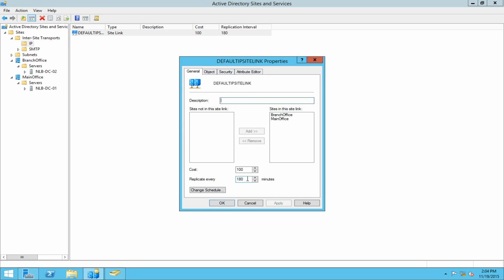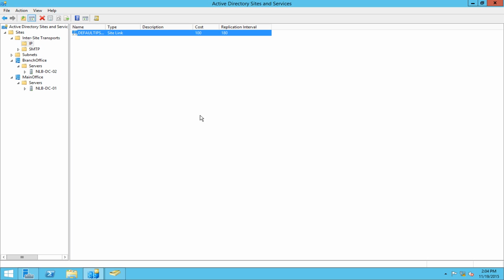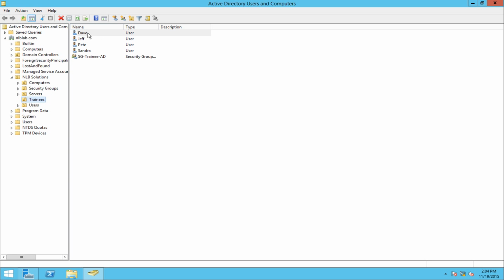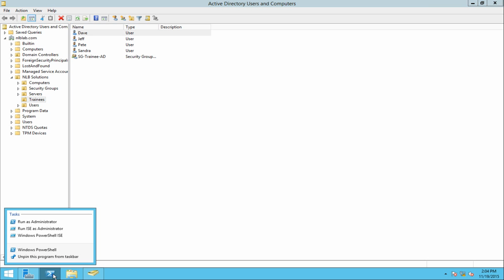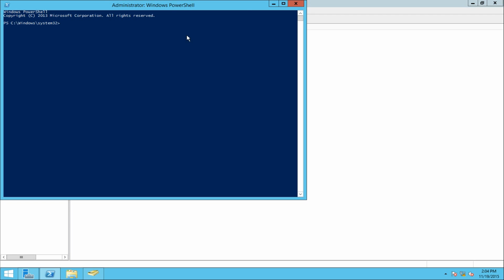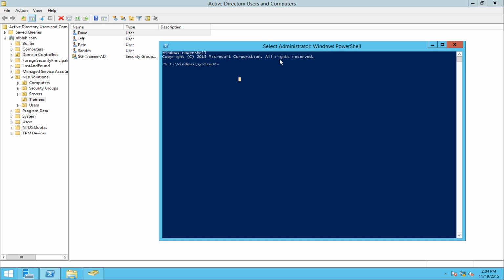So if I want to replicate this faster than it's going to take, I should use a command to force a replication between my domain controllers. You can do this by opening a PowerShell or a command prompt, running it as administrator, and now I will show you the command: repadmin